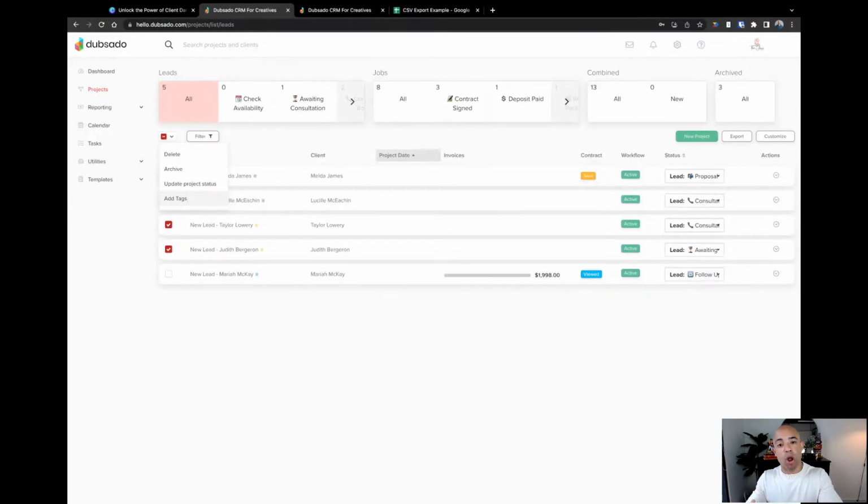So if your projects page is not organized the way you want it to be, some homework for you, you could just go in here during this week, over the weekend, move at least your leads over into jobs if they're booked with you. And then you can start to create your statuses, create your tags, and then do this bulk update where you can update your different projects. So that way, when you come into this page here, you feel a sense of organization, a sense of calmness